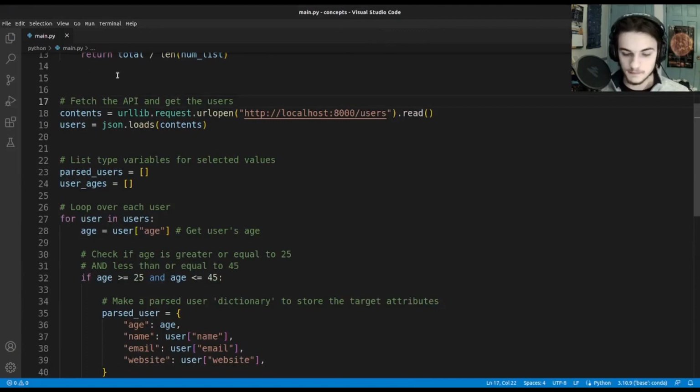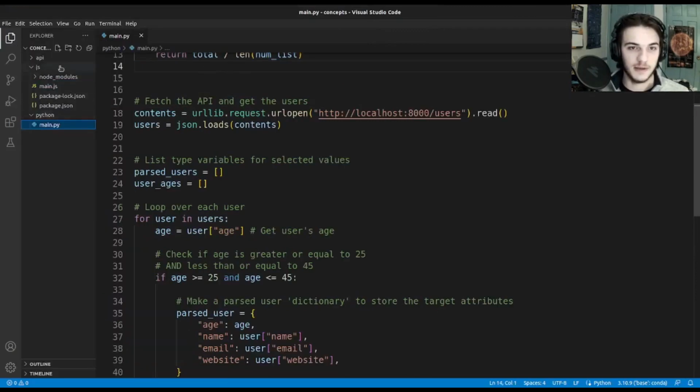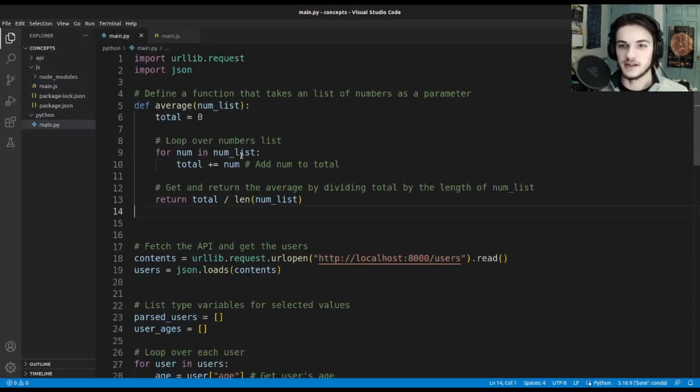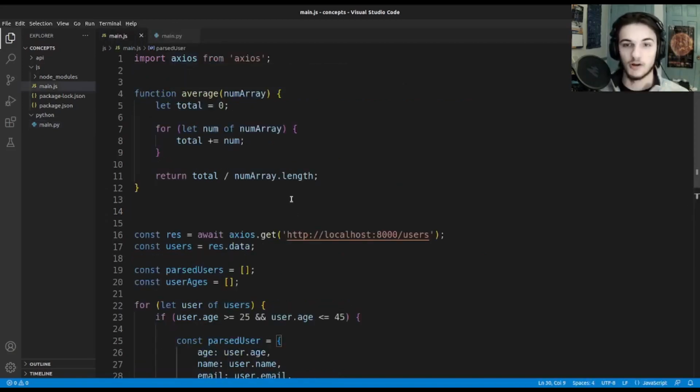Now, the syntax is, let's go back over here. Let's open up the JavaScript. It is different. It is very different, but it's also not very different. All of the concepts are exactly the same. So if you wanted to recreate this program in another language and you didn't know that language, that's totally okay, because all you have to do is go to Google and look up whatever syntax you need. So for example,